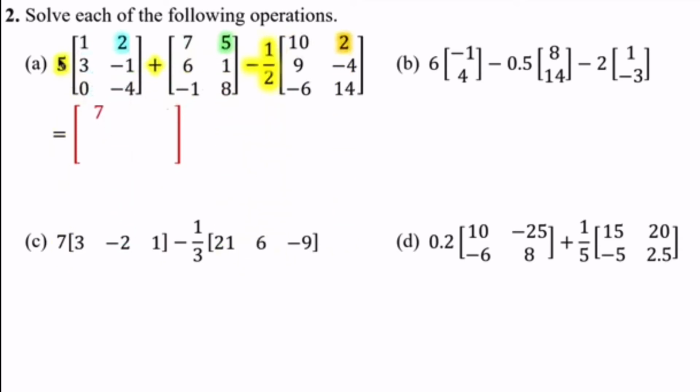Okay, the same go to the yellow one. 5 times 2 plus 4 times 5 minus 1 over 2 times 2. So the answer is, after you use a calculator, you can get the answer 14, and always double check. Now the second row is 5 times 3 plus 1 times 6 minus 1 over 2 times 9. So the answer is